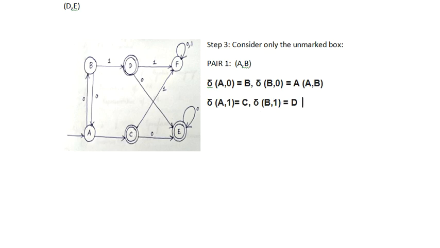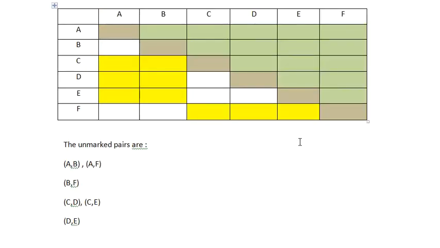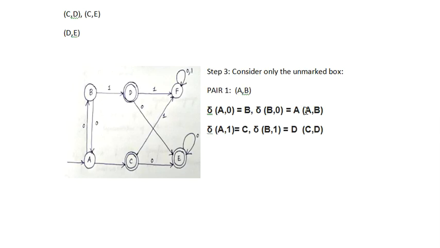Now what pair have I got? I have got the pair C comma D. Let me check whether this C comma D was marked earlier. No, C comma D was not marked. So finally we got these two pairs, and these two pairs are unmarked. So we keep A comma B as unmarked. Is this clear? Thus we can say that the pair A comma B will remain unmarked. Finished. This is what I did for the first pair.